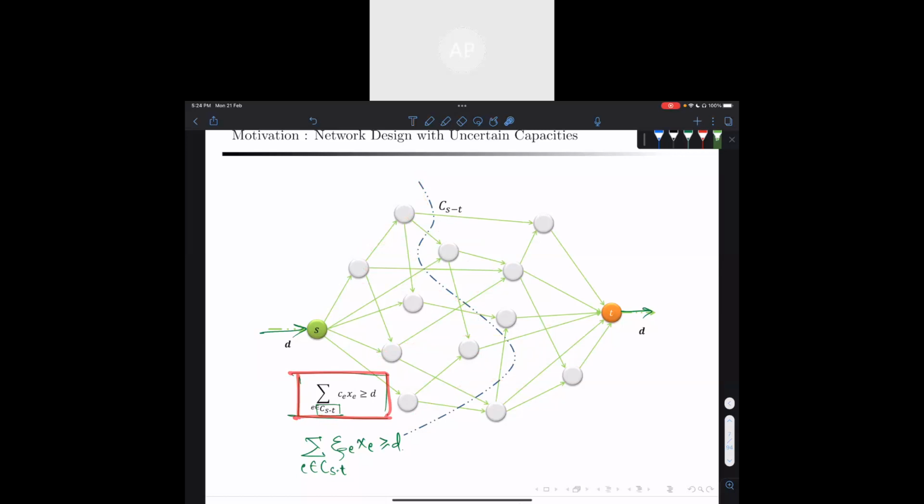It says that summing over all the edges in the cut set, the capacity should be such that they're able to support the flow D. That's all it's saying. Okay. However,